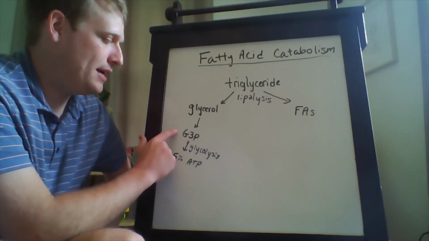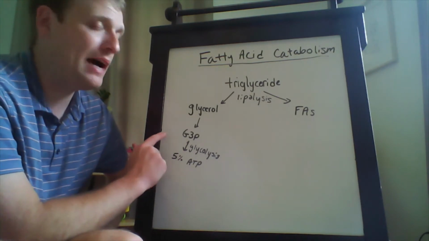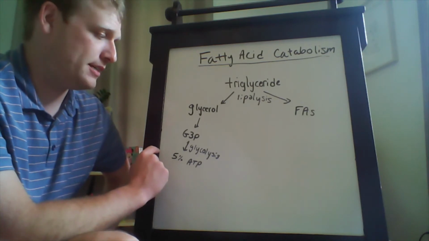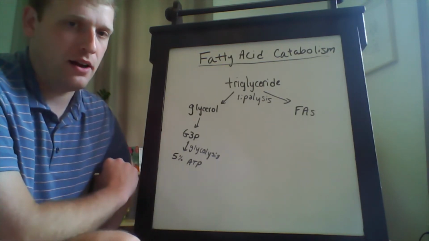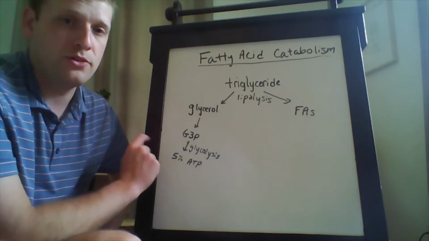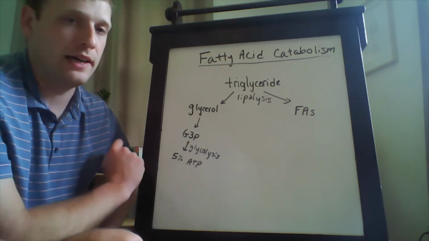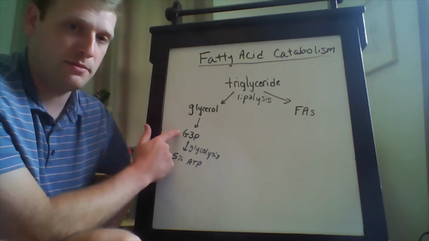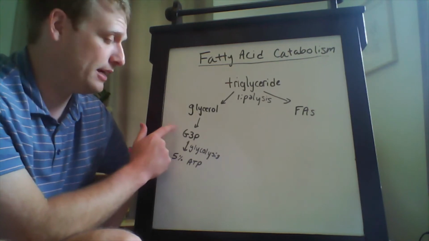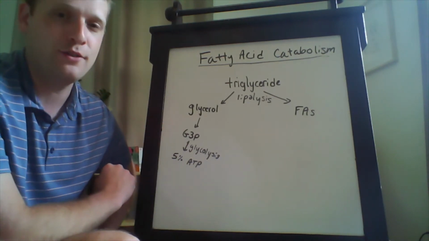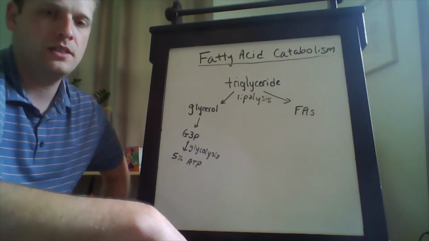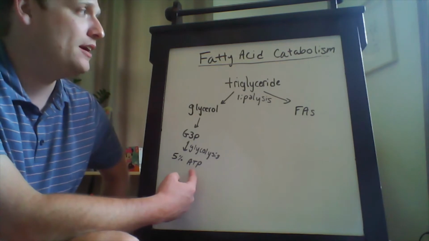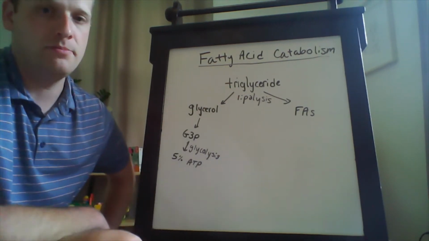G3P is going to bypass the energy investment phase of glycolysis and go straight into the payoff. So glycerol can be used directly to generate ATP through glycolysis without any extra ATP being used to accumulate glyceraldehyde 3-phosphate. And this is going to provide about 5% of the total energy that you'll produce through catabolism of a